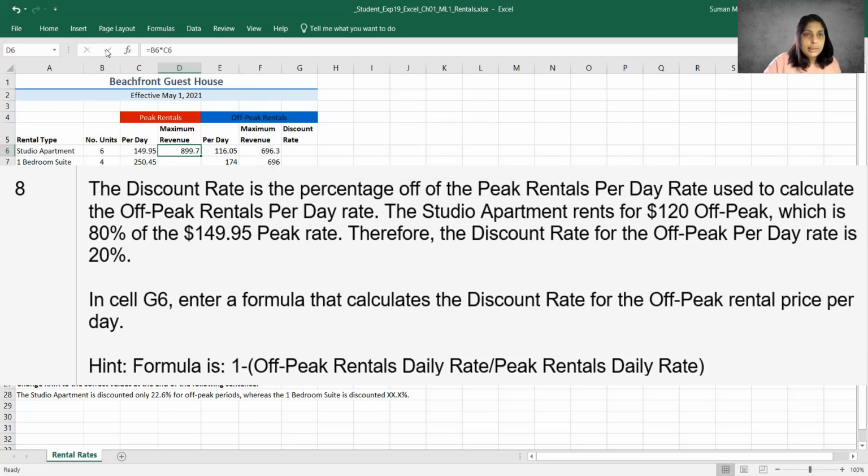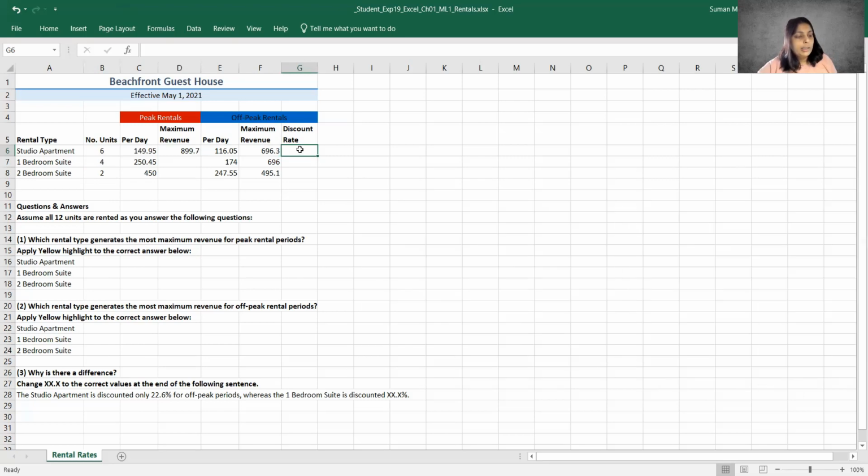In cell G6, so I'm going to go ahead and click in cell G6. Enter a formula that calculates the discount rate for the off-peak rental price per day. Hint, the formula is, and they give you the formula.